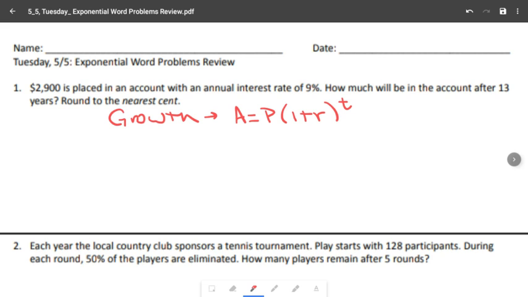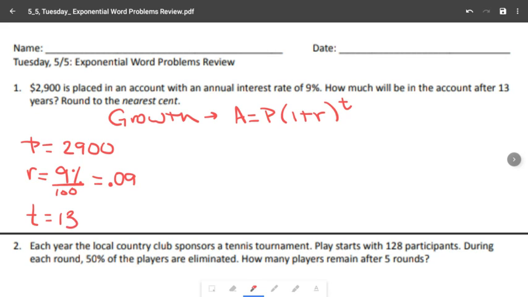So we're placing the $2,900 in the account. So that is our P, the initial amount. R, the interest rate, is 9%. And remember, we always divide by 100 to make it 0.09. And T, our time, is 13. So plugging in these numbers,